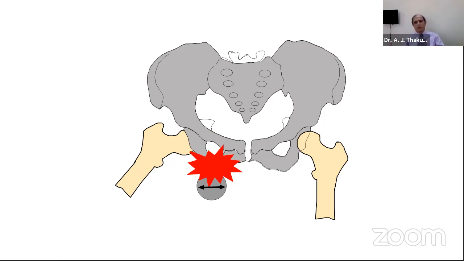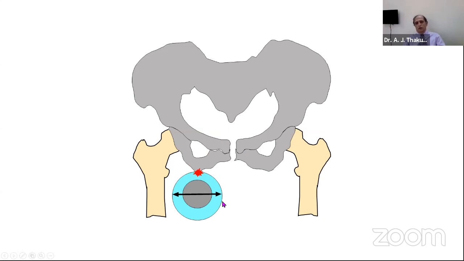If the one given by the manufacturer is smaller, you should pad it up and make it at least 10 to 15 centimeters in circumference. And the contralateral leg should not be abducted, because doing so, the pressure increases here. When you increase it to more than 10 centimeters, you can see the amount of pressure dramatically reduces. So always make sure that the circumference of this perineal post is more than 10 centimeters.